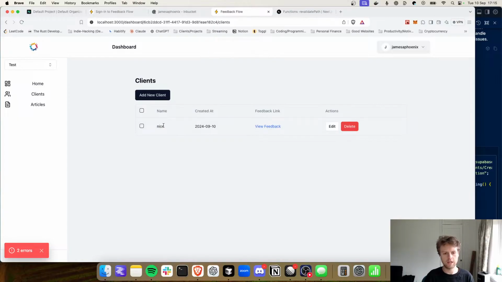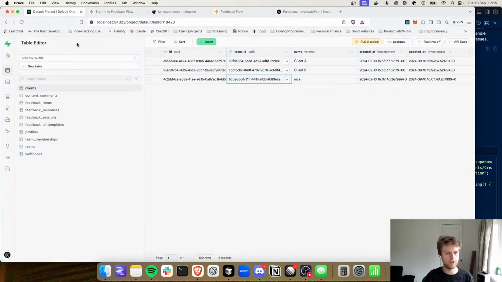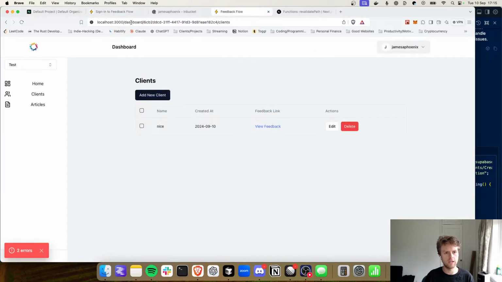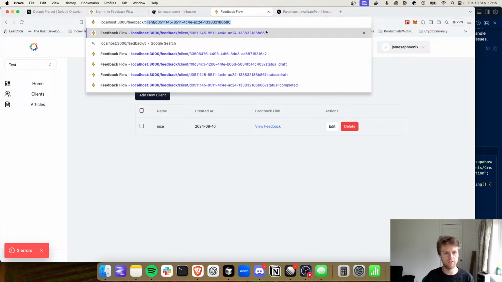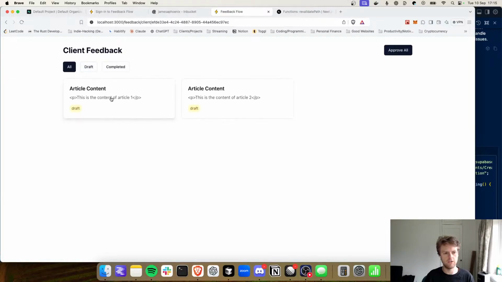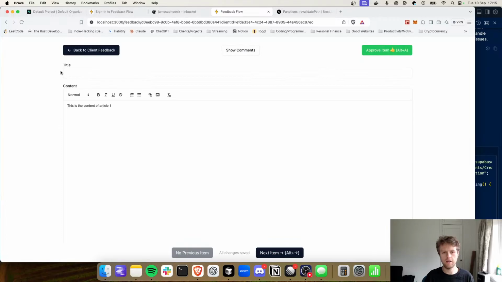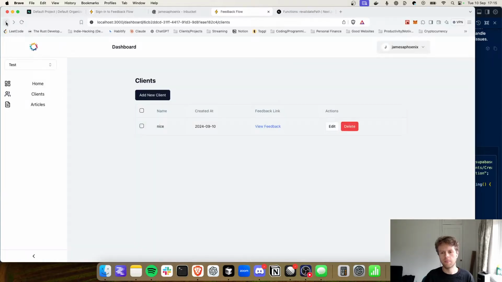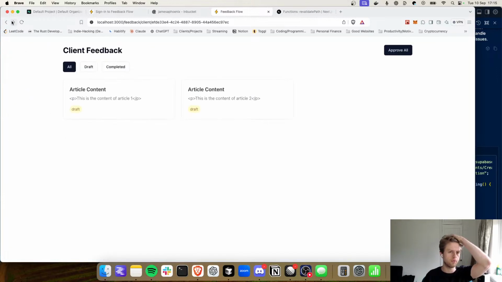And then when the feedback links are working, we'll be able to basically throw anyone into a feedback link. You can give it to the client, and it'll be feedback/client and then the client ID. That will take them to a page where they can then edit. Once we've got that, the only thing left to do is a bit of Gen AI on the content. So when the articles are created and the clients have approved,